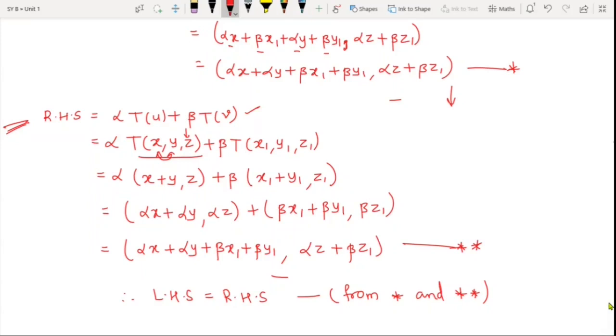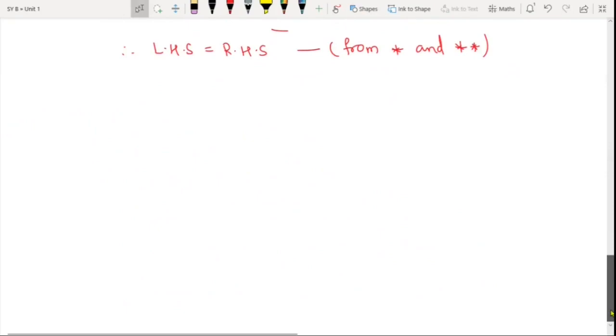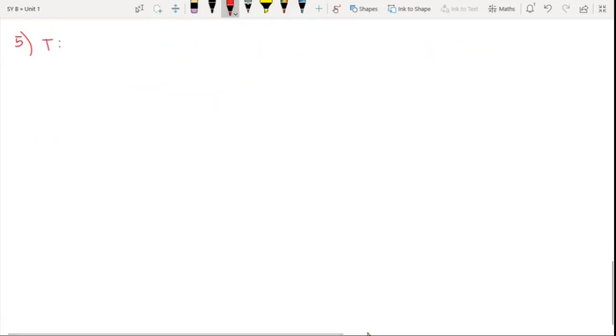So now we'll go for one more example. I will write here, therefore T is a linear transformation. One more, I guess, fifth one. T is defined from M2 of R to R3 as T of, now you know how elements of M2R look like, a b c d is equal to a, b plus c, and d.